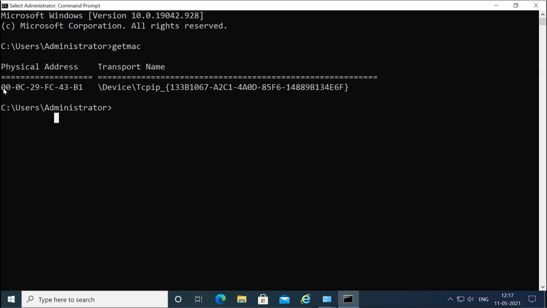And it is what? A 2-digit hexadecimal set, and you have a complete 6 sets. Now each hexadecimal digit has 4 bits, so in this 2-digit set you have 8 bits. So 8 bit, 8 bit, 8 bit, 8 bit, it is a total of 48 bits. So the total MAC address is 48 bits.